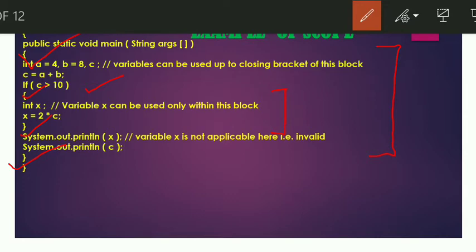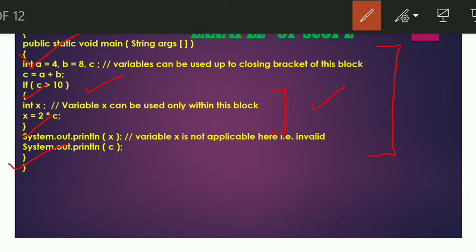Now we have created another variable which is x, that too of integer data type, and we are storing the value 2 into C. So whatever the value of C is, it will be multiplied by 2 and the output will be stored in x. Now this variable that is declared within this scope cannot be used outside the scope.